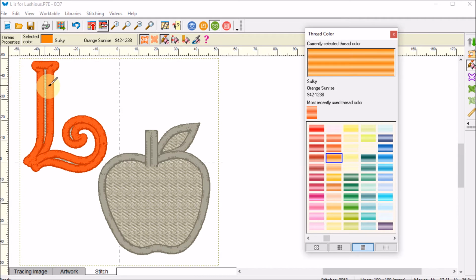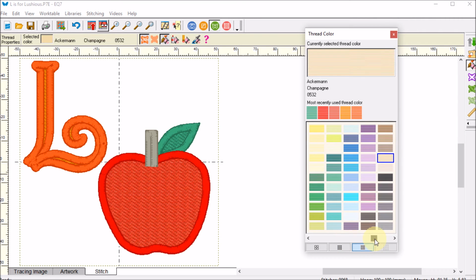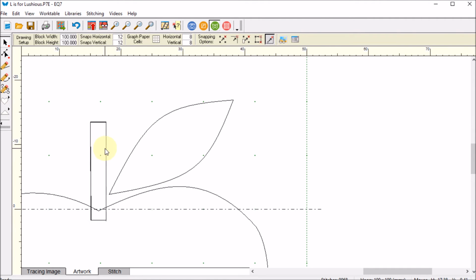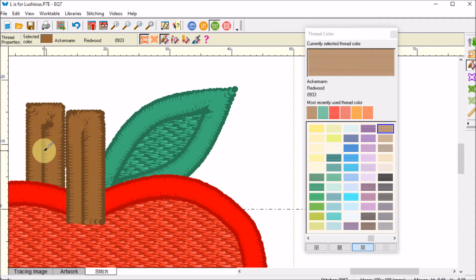And I can do that both for the edge stitches and the background fill. And I think for the leaf, I'm just going to make them the same, and the same for the stem. Let me zoom in on the stem because I'm seeing one of my problems is I can't actually see both shapes. So I'm going to go back to artwork for a minute, and just for the purposes of getting some of this done, I'm going to just move that over,